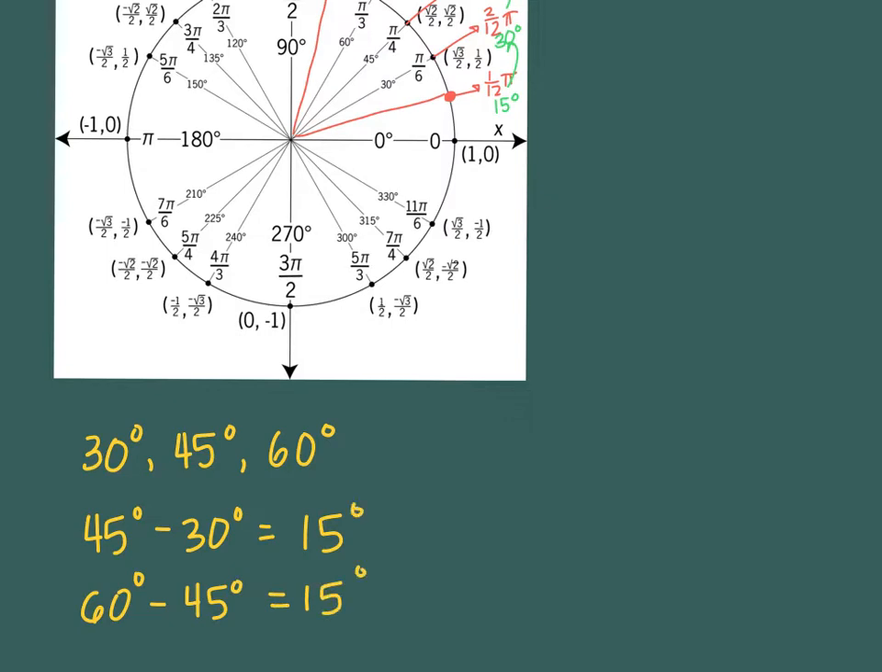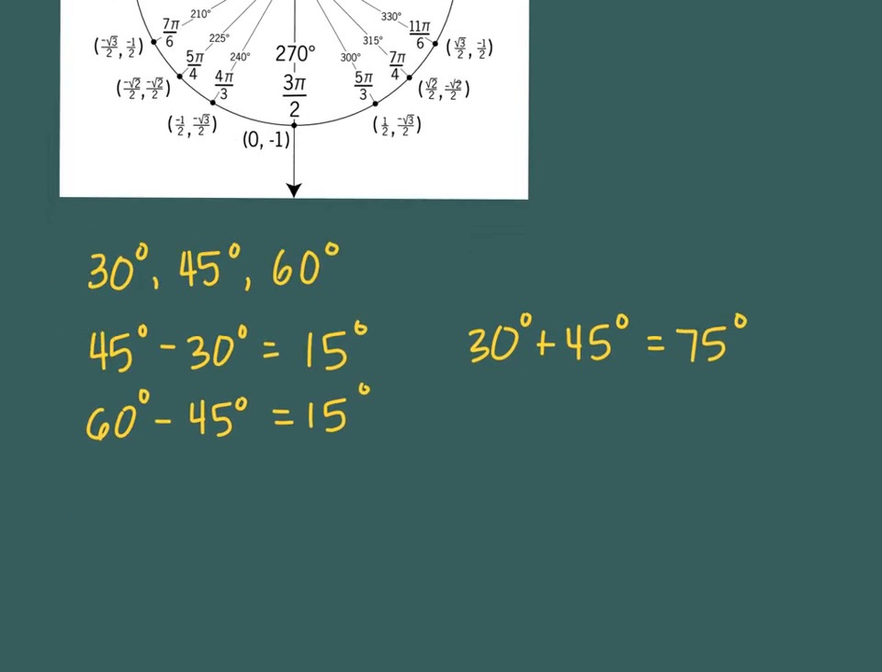15. How could I come up with 75? Well, there's really only one way to do it, and that would be 30 plus 45 degrees, and that would be 75 degrees. So I want you to be thinking about adding and subtracting numbers to get new positions on the unit circle. We could take lots of combinations. We could do, what about